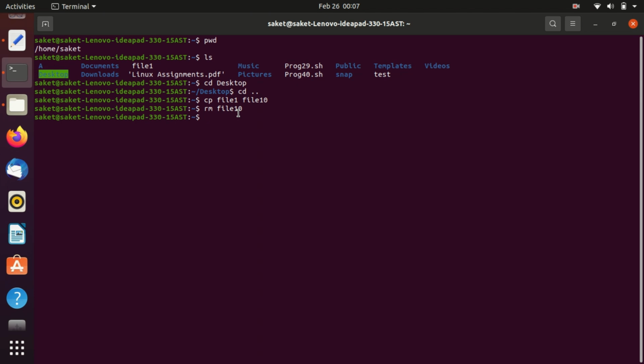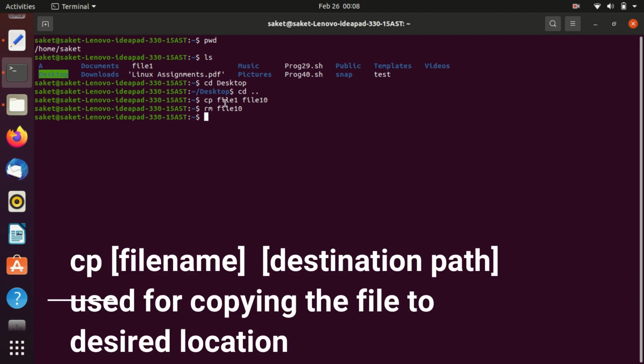Now we will move to our next command, which is command number 9. It is just like the copy command, but what if I want to copy a file in one directory to a file in some other directory?